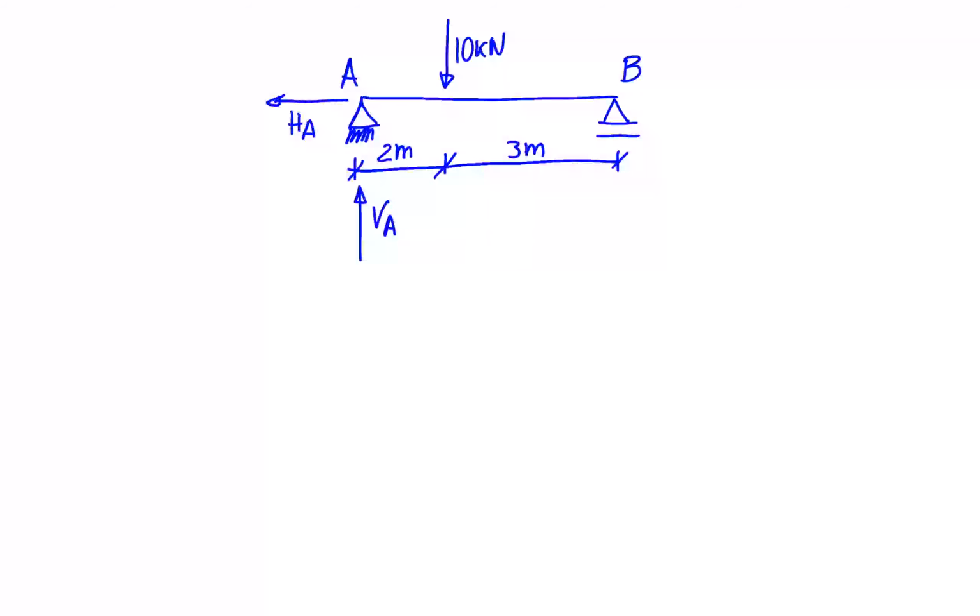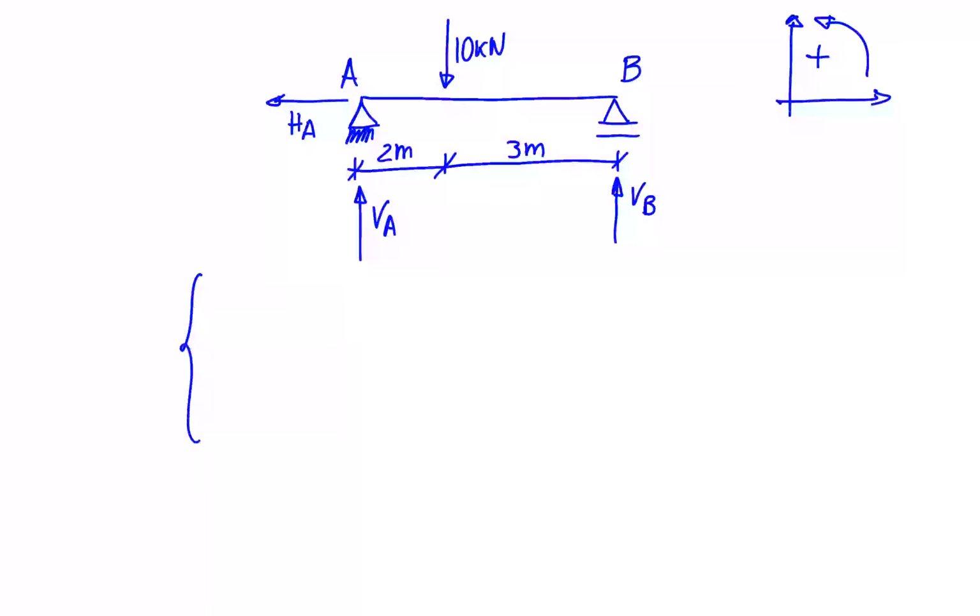On the right side, I have only a roller, which means I only have a vertical reaction, which I'm going to assume is upwards, and I'm going to call it VB. Just to be consistent, I'm going to use a referential given by this diagram here. So I have a single body, so no internal releases, and I need three reactions, HA, VA, and VB,